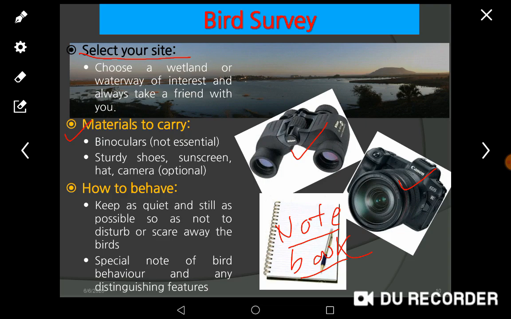Now behavior is very important. You should keep yourself quiet and as still as possible, so as not to disturb or scare the birds, because they are busy in their routine. They are busy taking food, they are busy cleaning their body, and you should not disturb them.